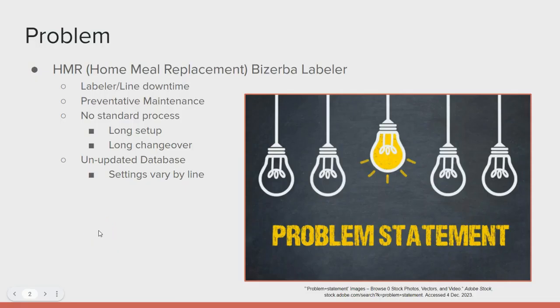So the problem our group was tasked with trying to find a solution for is the HMR, or home meal replacement, Beserba labeler, part of their HMR line. Currently this part of the line faces a lot of labeler and just general line downtime. The line also does not really see any preventative maintenance, so that could be a solution to that problem. But also there's no standard process for a label changeover, so that in turn leads to long setups and long changeovers, as well as there is currently not an updated database for those label settings, and those settings